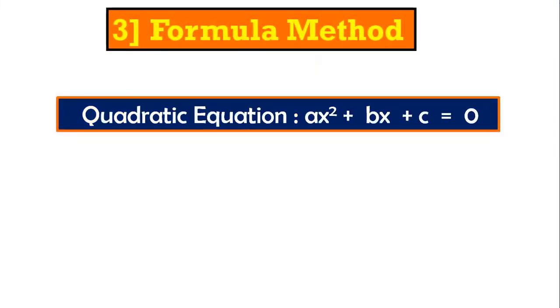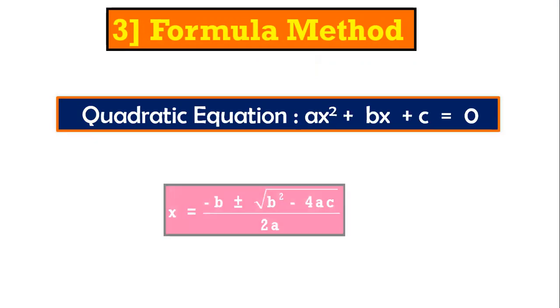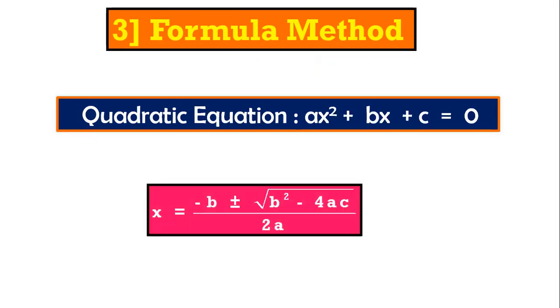So moving ahead, students, talking about the formula method, for any quadratic equation which is of the form ax square plus bx plus c equal to 0, the formula would be x is equal to minus b plus minus root of b square minus 4ac the whole upon 2a. Now this is x equal to, because I have taken the form of ax square plus bx plus c equal to 0. Now based on the variable here, the variable can change. If it is x, it will be x equal to; if it is y, then y equal to; then m equal to.